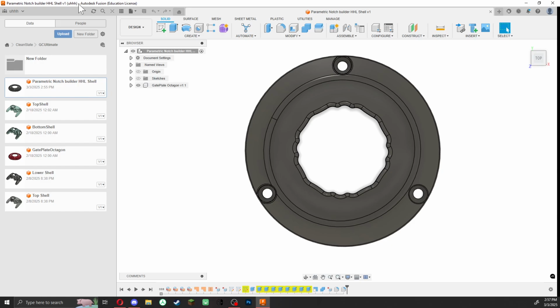not fully featured. You can only have 10 documents active at once, which isn't a big deal. You can just kind of disable editing on one document and then enable editing on another. And as long as you keep your files organized, it's really not a big deal. But if you don't even want to have that restriction, like how I don't have that restriction, you can, if you have a